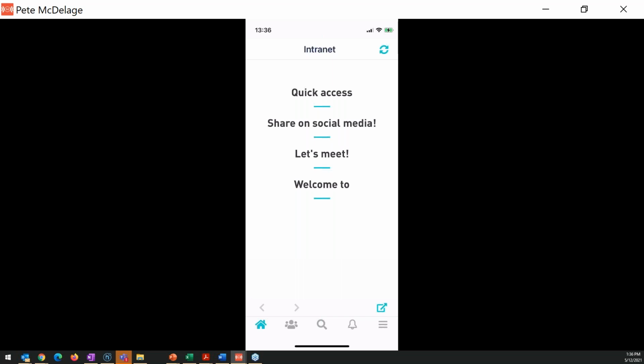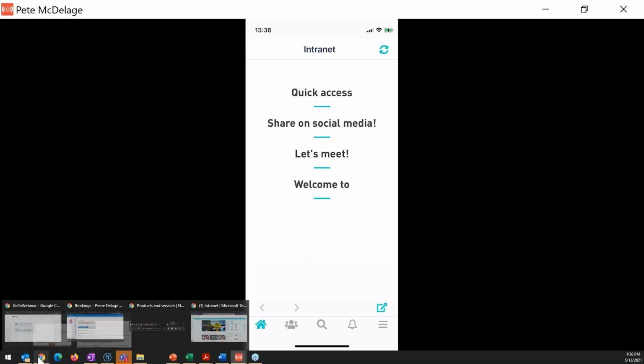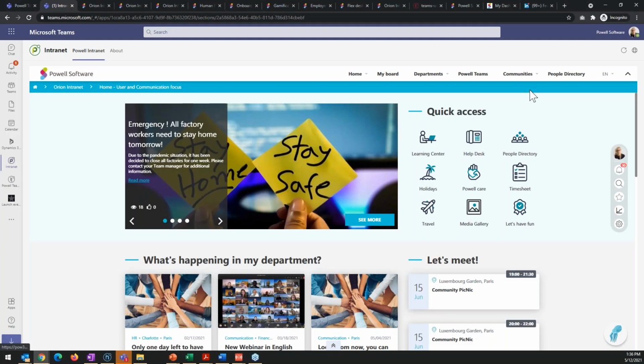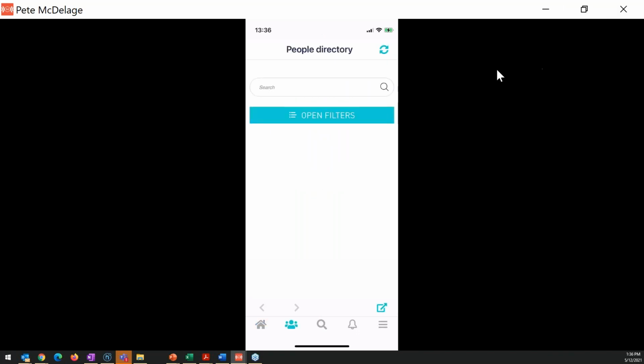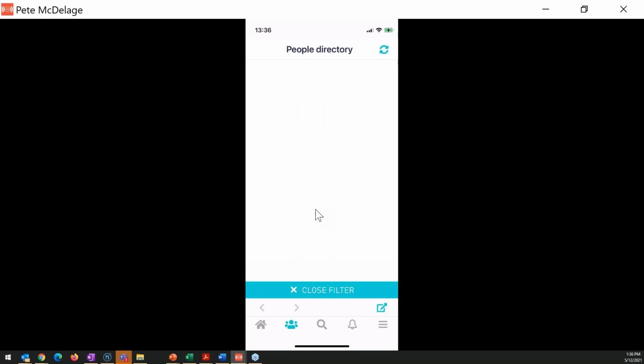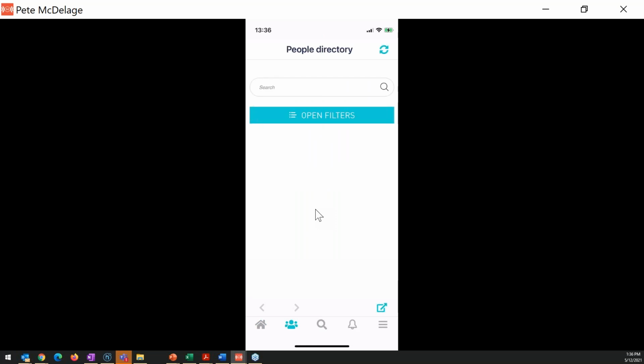But basically, your homepage here is supposed to have the same view as your intranet view that you can see here, and on the mobile you're able to have your people directory directly here with filters. Here again, I'm not sure what is going on. You can have your search function. Here it is configured for news and documents with filters. If you wanted users to be able to search for events, you could do it as well.